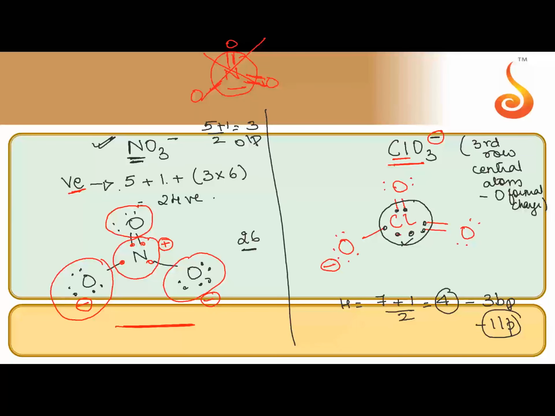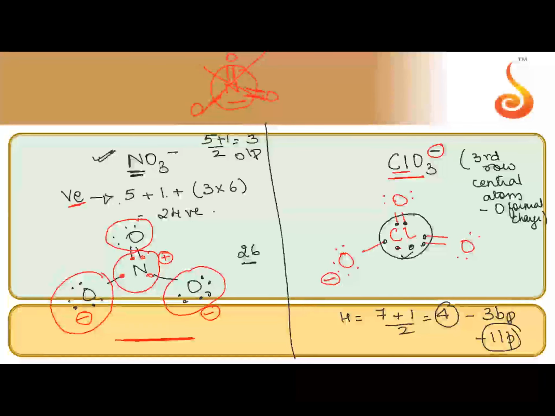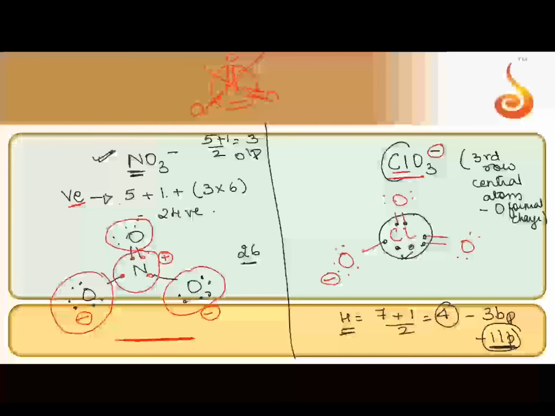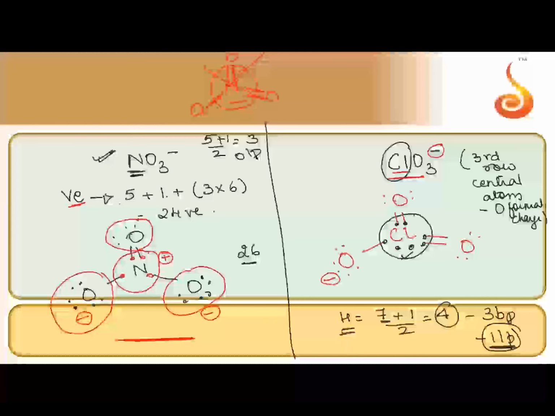Okay, chlorate, you want me to explain again. So once again, I'm going here. In chlorate, you have understood that there is one lone pair. Did you understand that? We just applied our hybridization formula. Chlorine is a central atom. It contains 7 valence electrons plus this one electron, 8 by 2, 4, 3 bond pairs. So there has to be one lone pair. We know there is one lone pair on this chlorine.